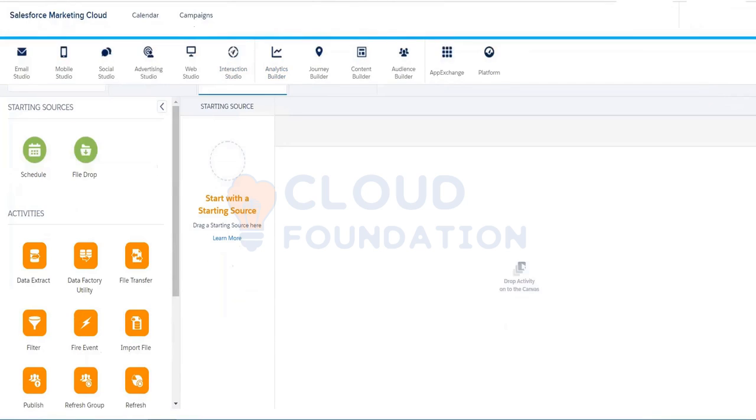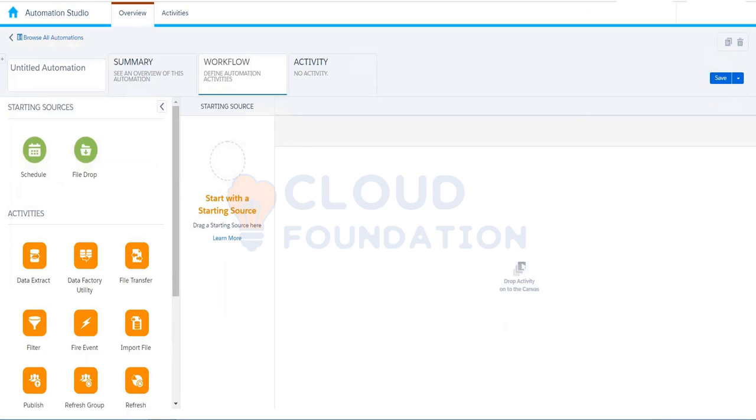Someone has a question on the chat box: in Journey Builder, will coding be there or not? No, there is no coding required. As we discussed, for creating an email template or landing pages, you don't need to have experience in HTML or CSS. We can use the Content Builder functionalities here to drag and drop, and then you will be able to create your own templates. Journey Builder is more on the campaign execution side.